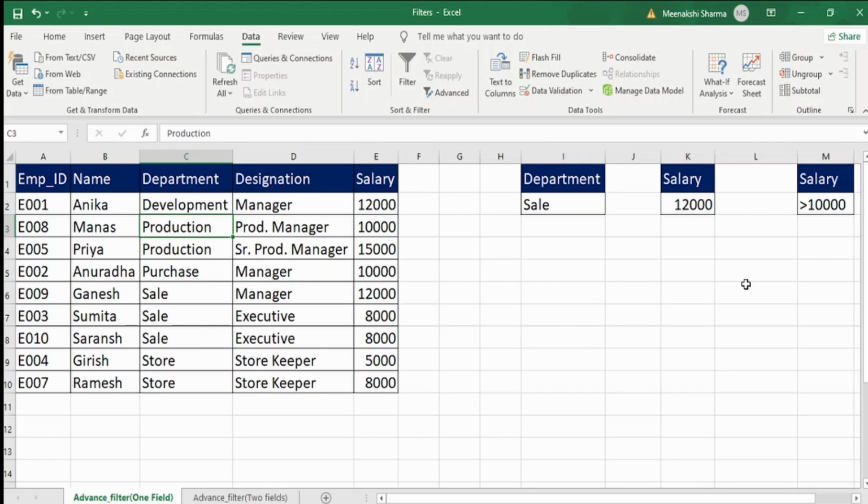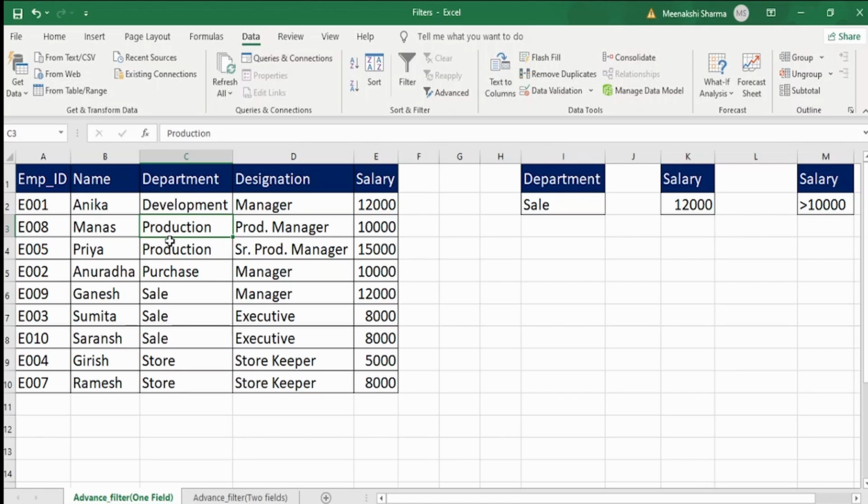Means if you want to apply criteria based on more than one field, you have to select advanced filter option. In case of auto filter, we could select only one field at a time for giving criteria. One more disadvantage with autofilter was that we could see extracted records only in the same place. In case of advanced filter, we can copy the filtered records to a different location or different place, so that we can compare the original values with the filtered values.